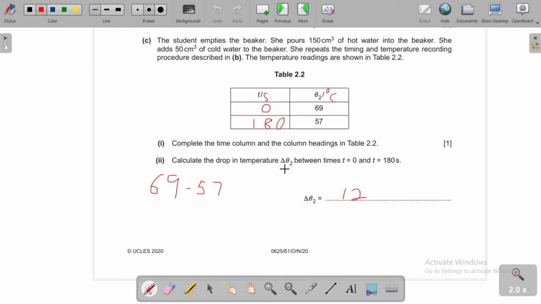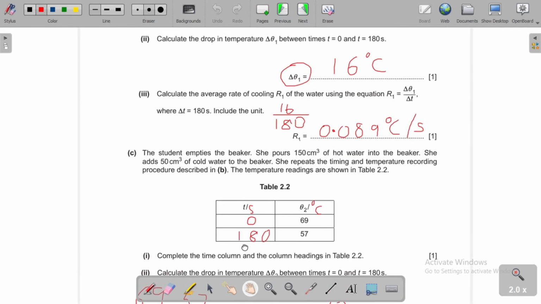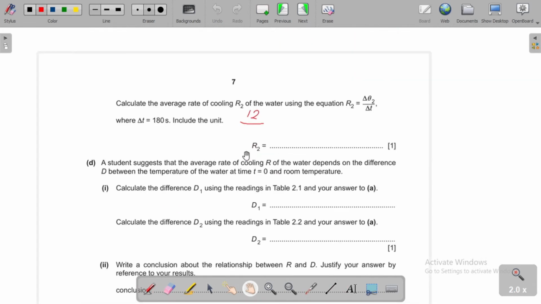That's 180. So 12 divided by 180, and our answer is